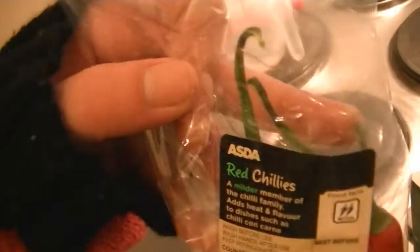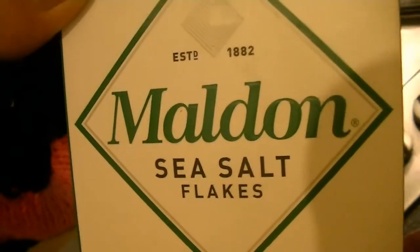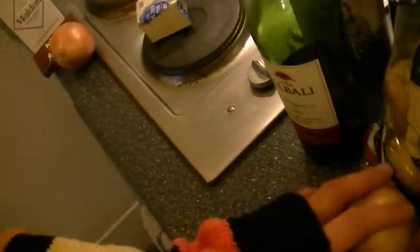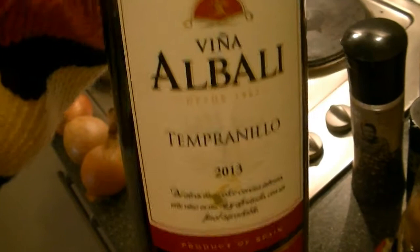tomato puree. We need some water, fresh red chilies. We need some unsalted butter. Of course, some sea salt, organic beef stock. We need some white onions. Then, of course, we need some red wine, black pepper, some bay leaves,